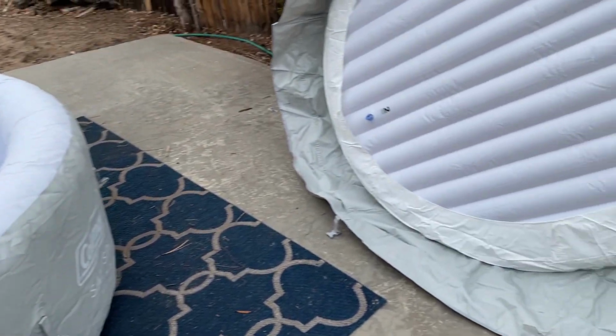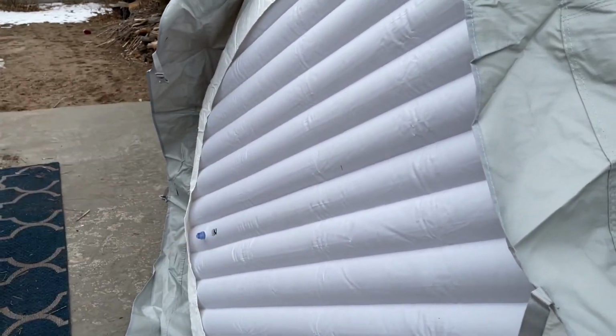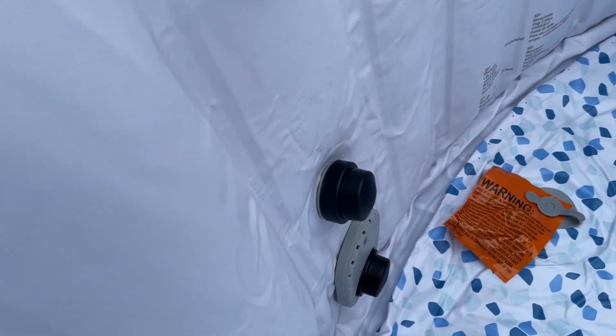We've got our top all inflated. As you can see, it's still in that kind of flat position, not bubbled out. Now there are a couple of small things left for us to do before we put water into the tub. First, we're gonna come over here to the side, again, where those pipes are exiting out of the tub, and